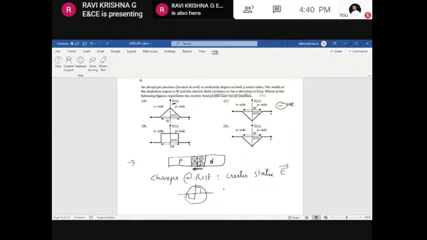Among all these options, if you just look at this, in this case, on the N side, the electric field is negative. This is wrong. Here also, on this N side, the electric field is negative. This is not correct. Here, on the N side, the electric field is positive, but actually this is not uniform. Here it is not taking any ramp function, because we need to integrate this one, right? We need to integrate this